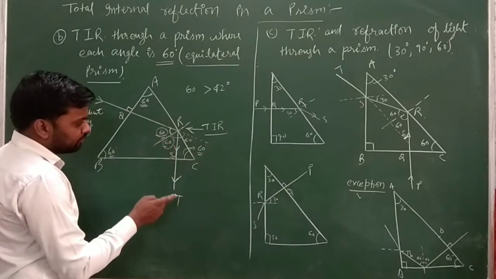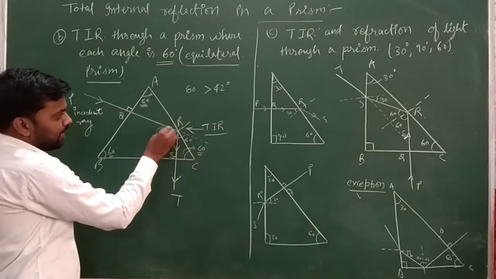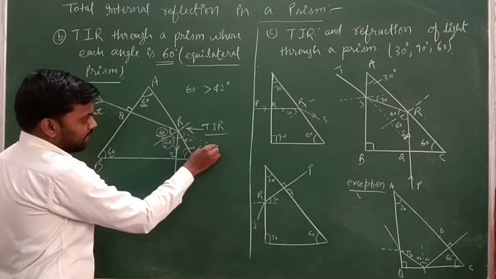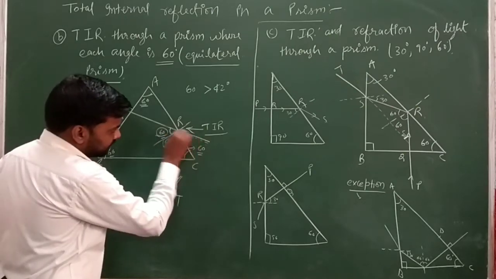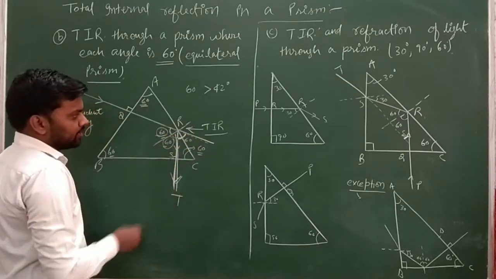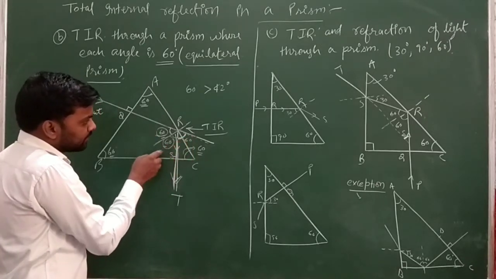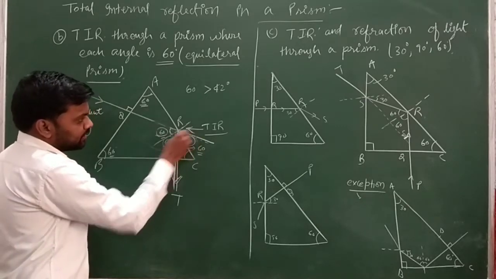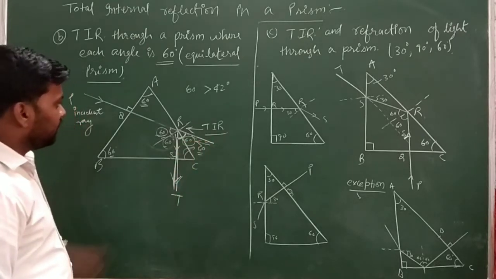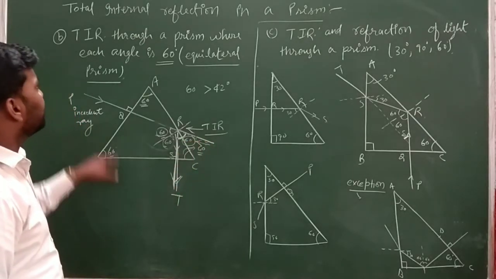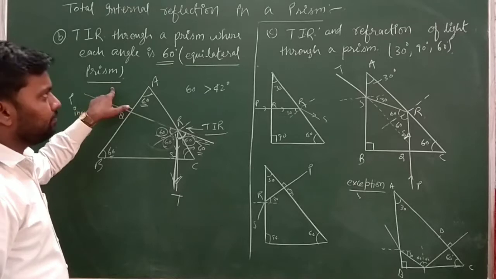Now if we need to find out the path of the light ray, that how much angle it is making with the incident light ray, we will extend this light ray in this way and we will see the angle of this light ray with this path. It will show 60 degree angle, because 60 plus 60 is 120, and the whole angle will be 180, and after subtracting this 120 we will get the 60 degree angle. So it will deviate by 60 degree angle in an equilateral prism. It is the case of total internal reflection when a light ray is passing through an equilateral prism.